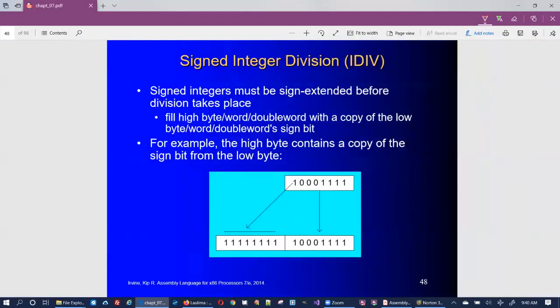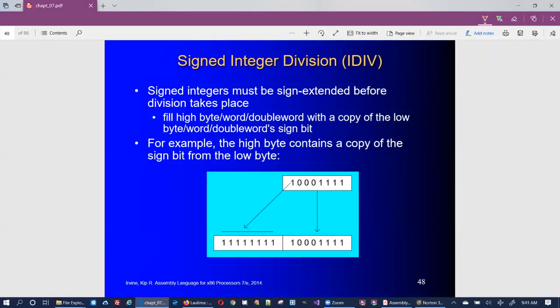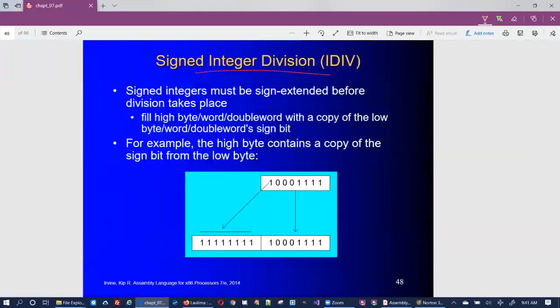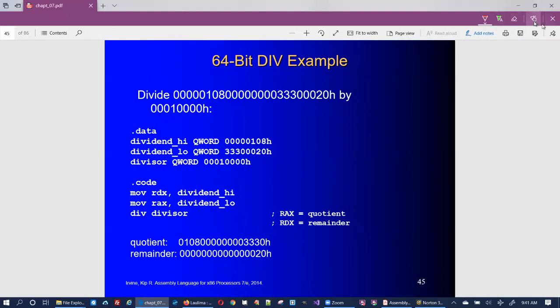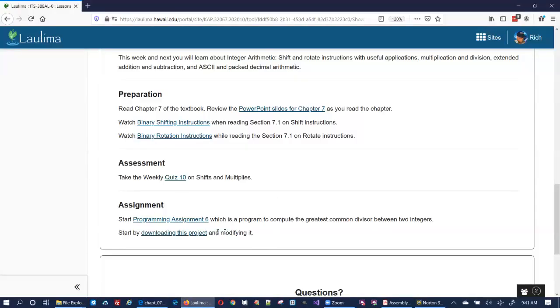And so that's signed integer division. In our assignment, we're going to first see if we're dealing with negative numbers, and if we are, we're going to take the absolute value of them. So we're going to be using the div instruction. All right, so if we take a look at the assignment,